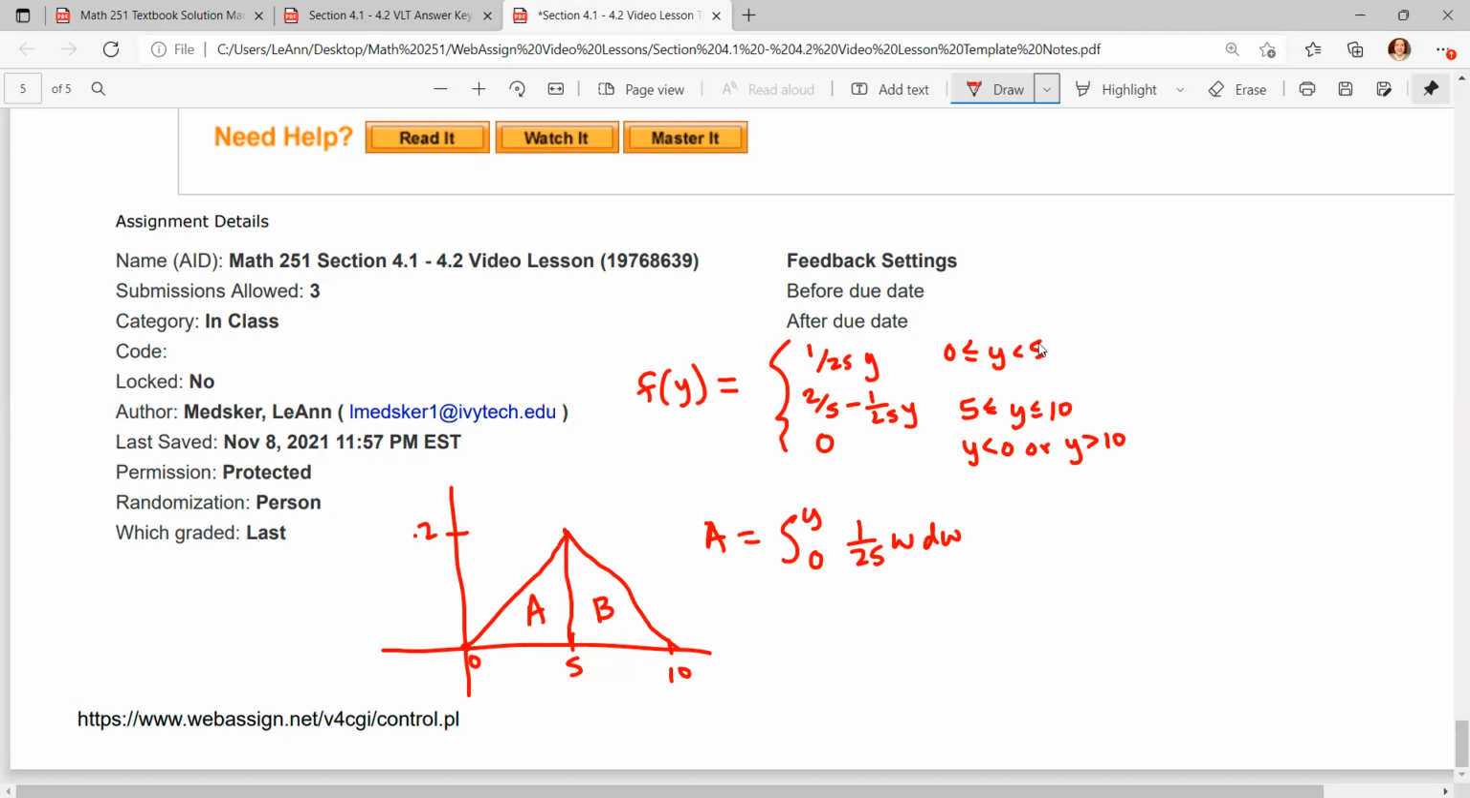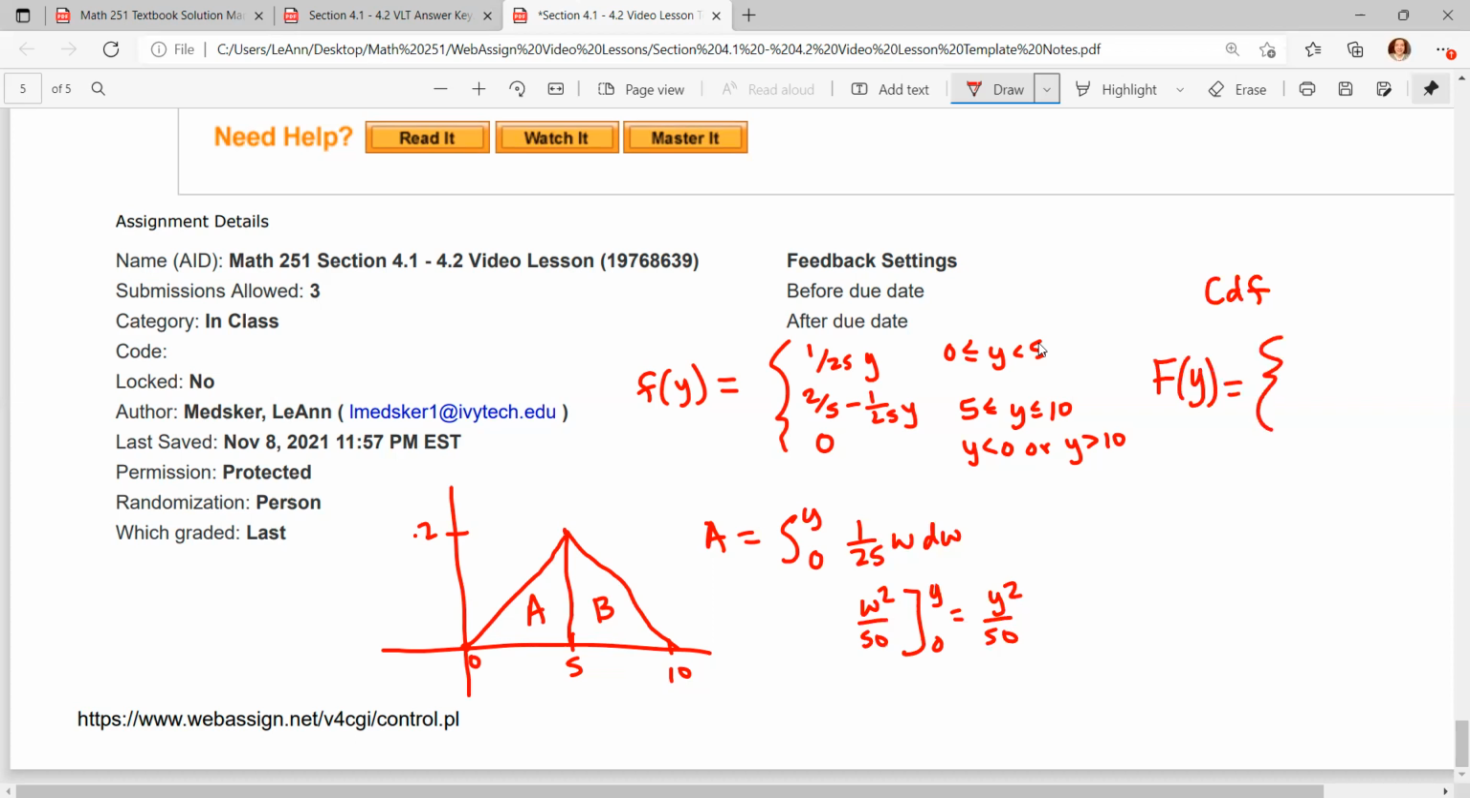It gives us a formula for the area for that part, that accumulating area. So that's going to be W squared over 50 from 0 to Y. So nothing new here. This is Y squared over 50. So for my CDF, which we always call capital F of Y, that first line up there is going to be